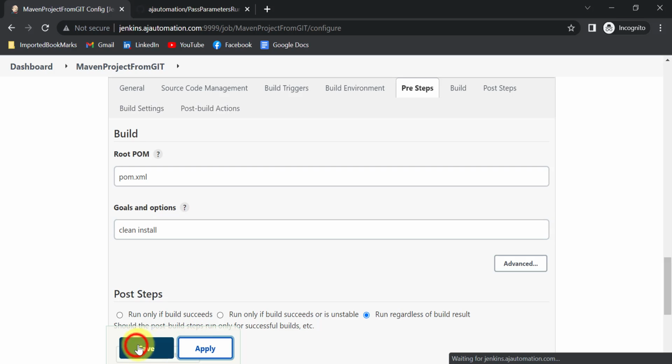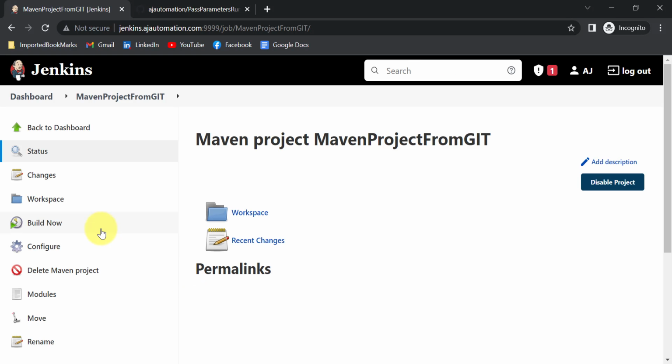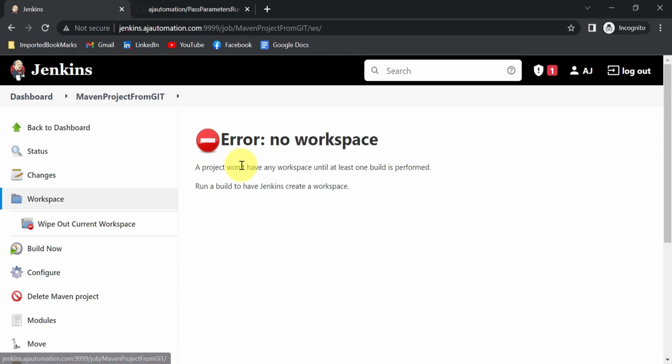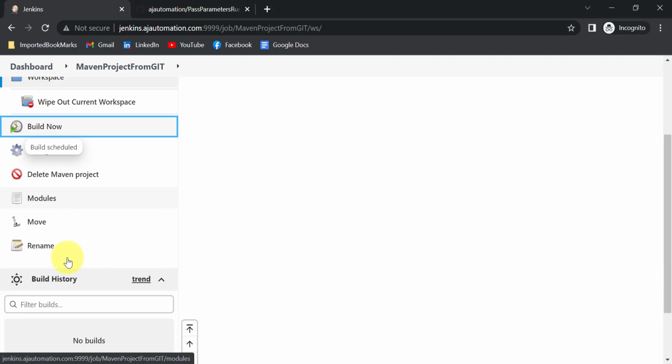Click on apply and save. Currently we do not have any build, and if you go to the workspace folder, you will find there is nothing here. All the code will be available in this workspace when we build our Maven project for the first time. So if you click on the build now button,